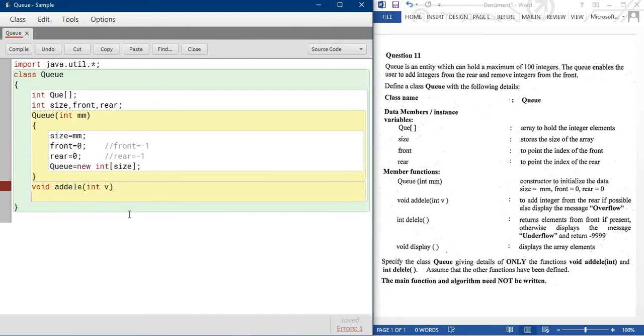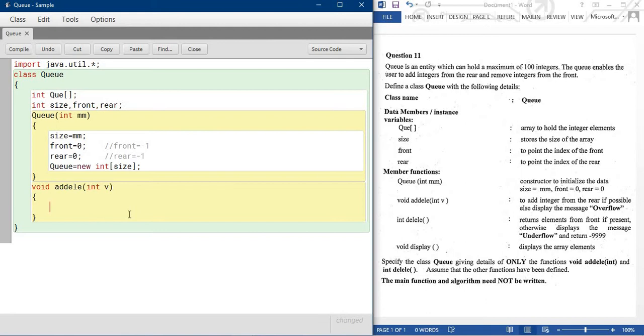Now what we will do inside this method is written over here. I will tell you. Add the element from the rear position, rear if possible, else display the message overflow. Okay. Now it's clearly written over here. Add element integer.